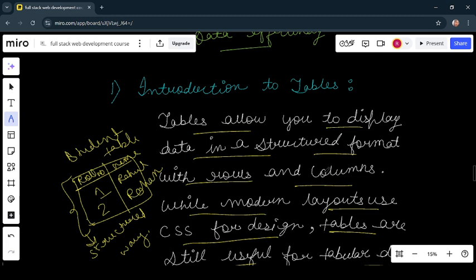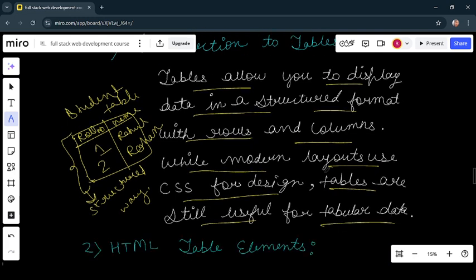While for layout we use CSS for design, tables are still useful for tabular form, and you can see on the left side of the screen a student table with roll number and name. Roll number 1 for Rahul, roll number 2 for Rohan. This is a structured way